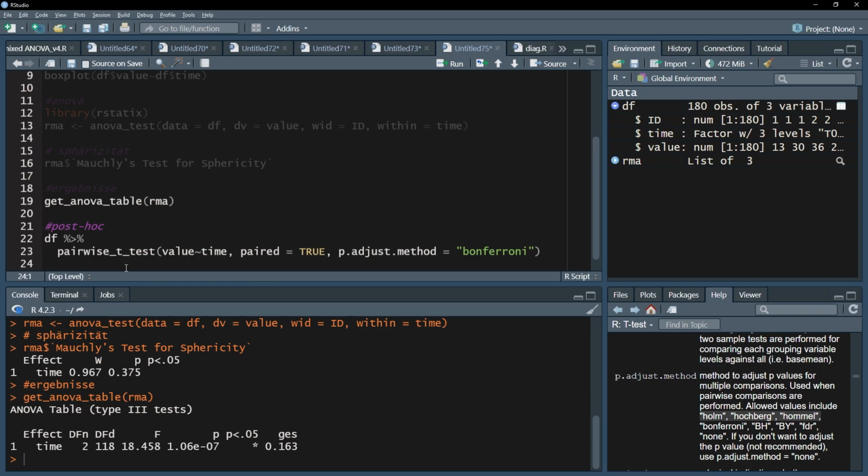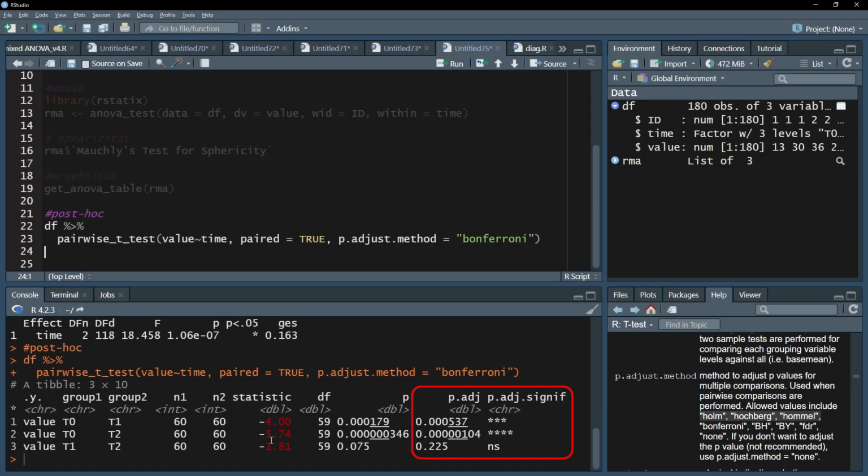Eventually, we get a table that shows all pairwise comparisons. In the last two columns, their respective adjusted p-values are shown as well as significance indicators on the 5% alpha level. In my example, I can observe a difference between T0 and T1 and T0 and T2. This indicates a working intervention, in my case, an exercise plan. There is also no further increase or an immediate bounce back since T1 and T2 show no difference worth mentioning.